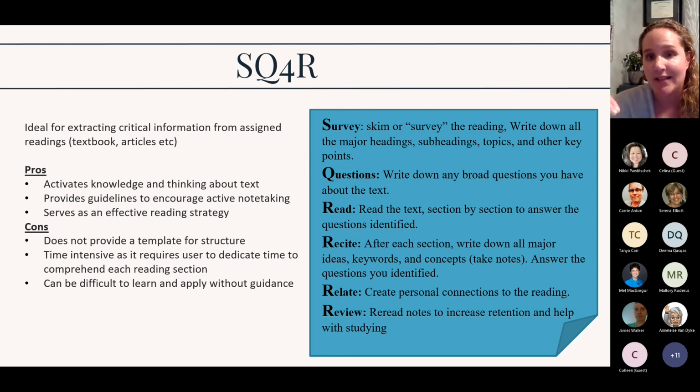And then it's going to get you to read. So that's the R. Now you're going to actually read the text. We've already surveyed, then we've made questions, and now we're going to read and answer the questions. Just like you did in grade 9 science when they gave you the questions at the back of the textbook. You read the textbook enough to find the answers, and that was it. Smart, brilliant. They taught us something. And then you're going to recite. That's where you write down the major ideas, take the notes, answer the questions,